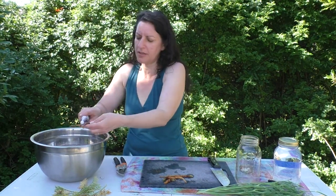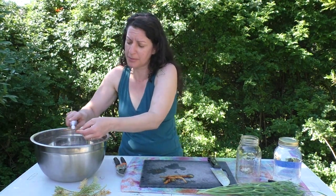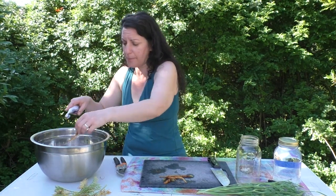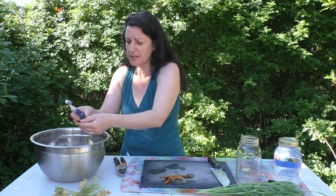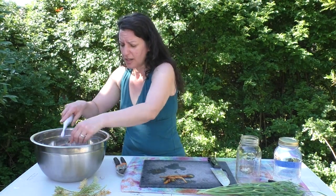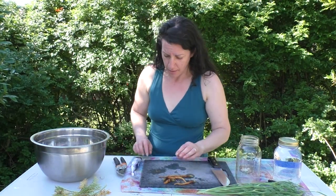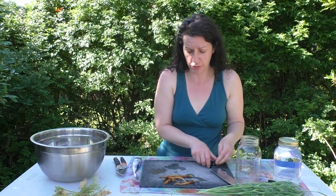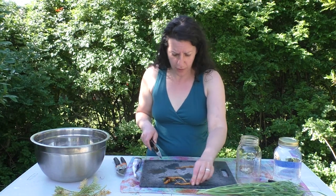So California poppy is a lovely plant. It's really beautiful as a wildflower. I love that part of it. But as a medicine, it's also really good. It's not my favorite tasting tea, but I like to make tincture out of it, and tincture is an alcohol extract. So now I'm just going to